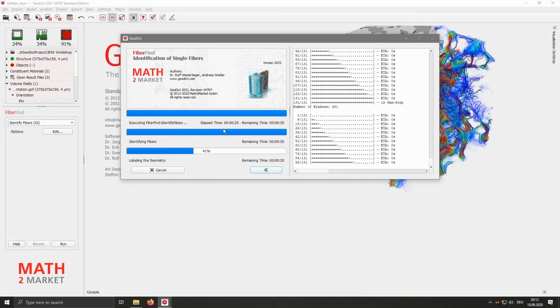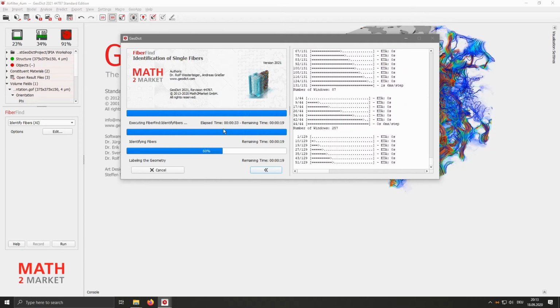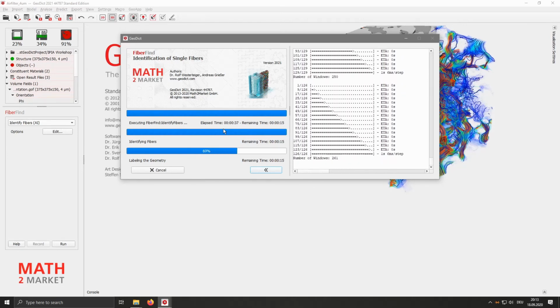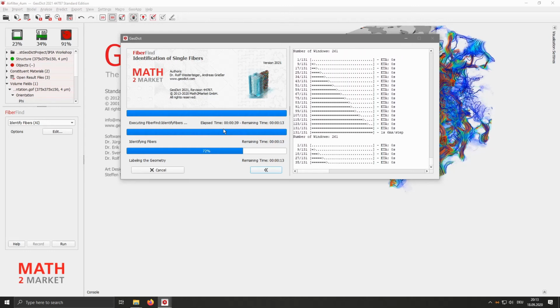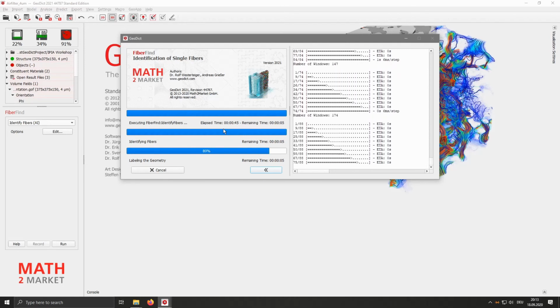So this analysis now takes a moment. The first step is the neural network is analyzing the structure and identifying the center lines of the fibers. And afterwards, another algorithm is running to convert them into analytic representations.